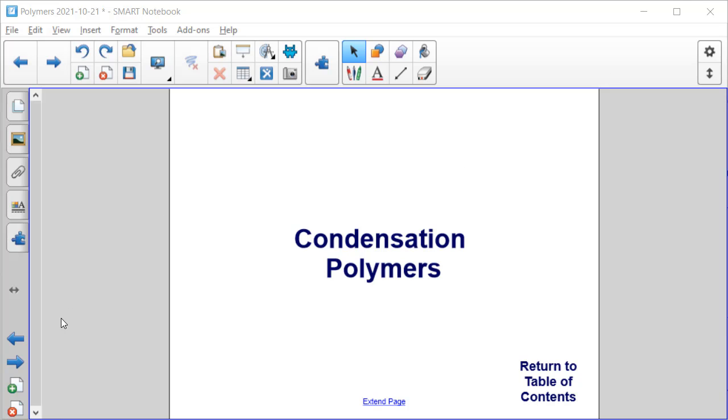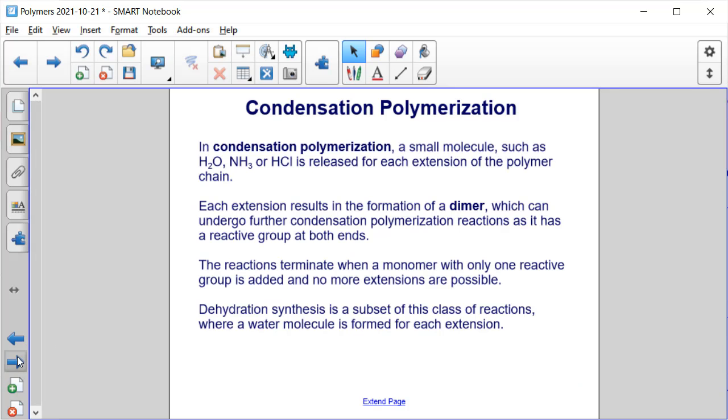All right, in this final section on this polymers unit, we're going to talk about condensation polymers. In condensation polymerization, a small molecule such as water, NH3 or HCl is released for each extension of the polymer chain. So we remove or we release H2O, NH3, HCl in order to combine monomers together, in order to extend and continue adding monomers. Each extension results in the formation of a dimer, which can undergo further condensation polymerization reactions